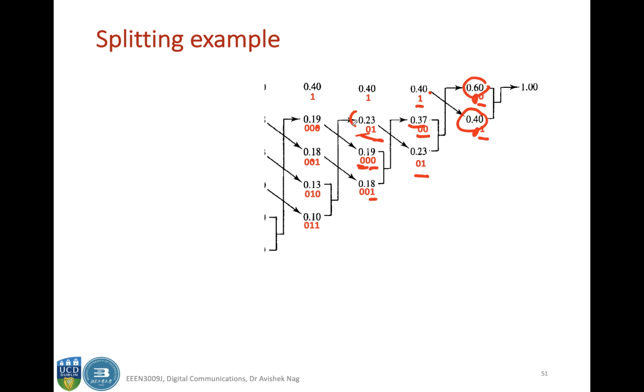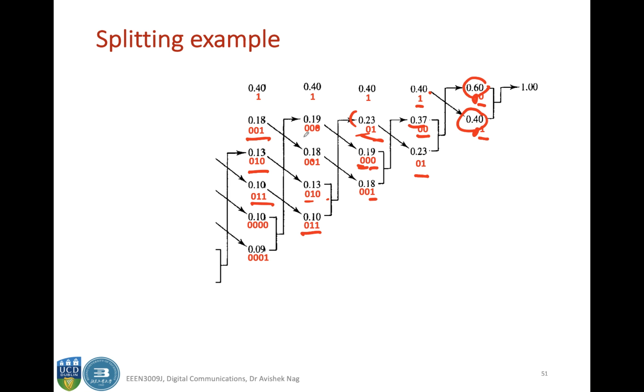But this 0, 1 becomes 0, 1, 0 and 0, 1, 1. And then again this 0, 0, 1 goes here, this 0, 1, 0 goes here, this 0, 1, 1